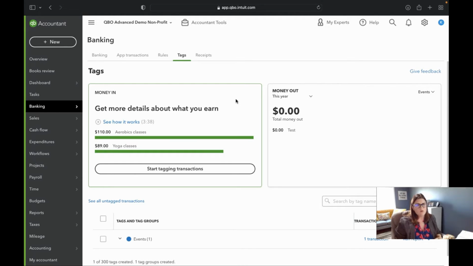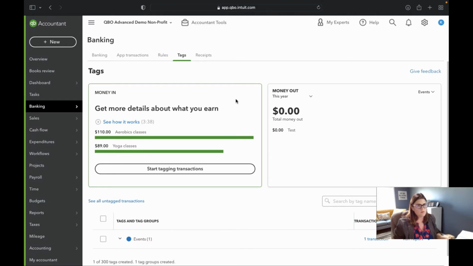Okay, tags is like, I call it Classes Light. It's, again, not been around as long as Classes has, but if you are trying to run reports and something has something in common and you're like, I cannot figure out how to achieve this report, tags are a cool way to create the reports. Where it kind of gets a little iffy to me is because I'm an old school accountant, so I go, well, with a Classes report, if something's not in a bucket, it's going to tell me. But with tags, I don't believe it tells you. I think it just leaves it off the report. So it depends on what kind of report it is.